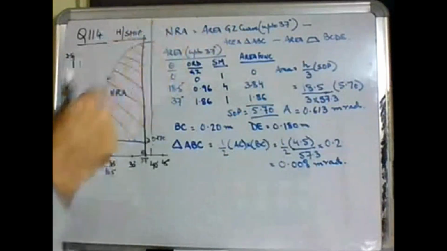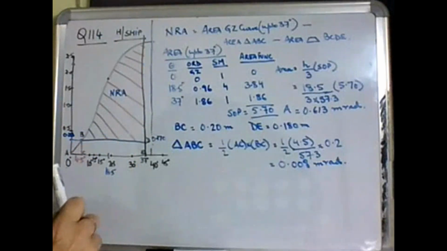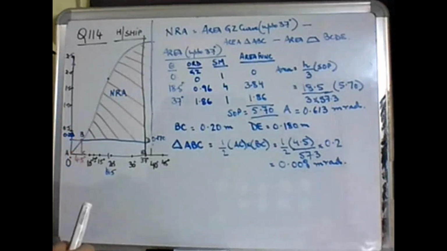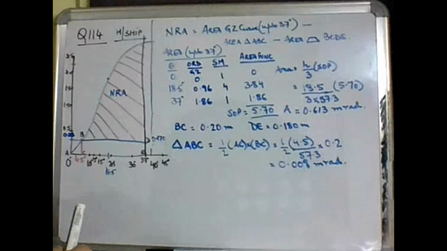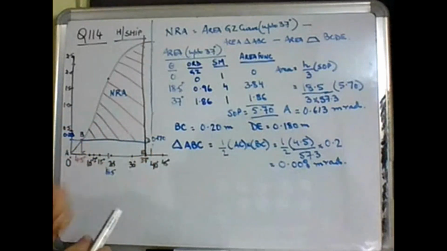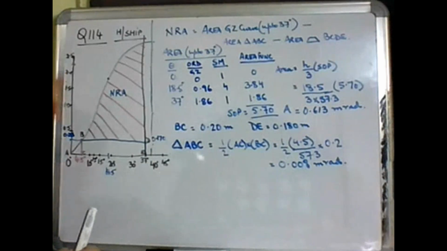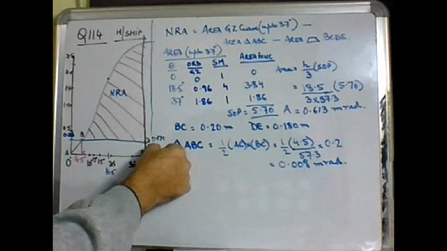ये मेरा ये वाले की वैल्यू आ गई। सर, ये स्केल वाला नहीं समझ आया, BC स्केल से मेजर करना है। हाँ, अगर ये 0.213 है वाई एक्सिस के स्केल पे, तो BC वाई एक्सिस के स्केल पे कितना होगा? सिमिलरली DE कितना होगा? जो स्केल इनिशियली लिया है, उसी पे मेजरमेंट करना है। बिल्कुल ठीक। देखो, अगर 40 डिग्री वाली वैल्यू मेरे हीलिंग आर्म कर्व की 0.17 थी, तो DE डेफिनेटली बी ग्रेटर देन 0.17।